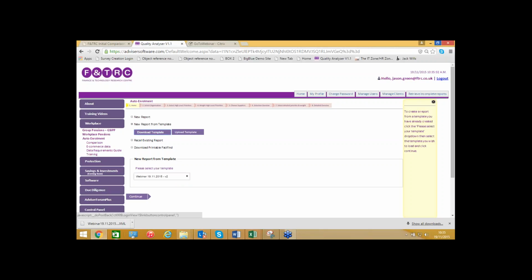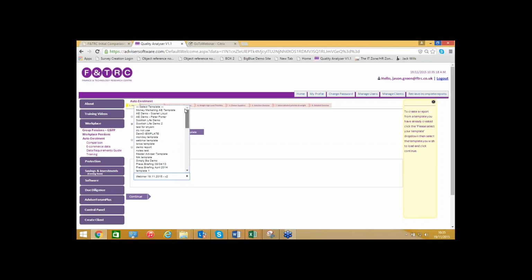Excuse me, and you'll see here, this is now downloaded for me. That's downloaded as an XML file. So I'm then able to email that template to anybody else, and then they can save that on their desktop, and you're able to then, as a user, go through and do a template upload as well. So you can upload any template that you wish to do,